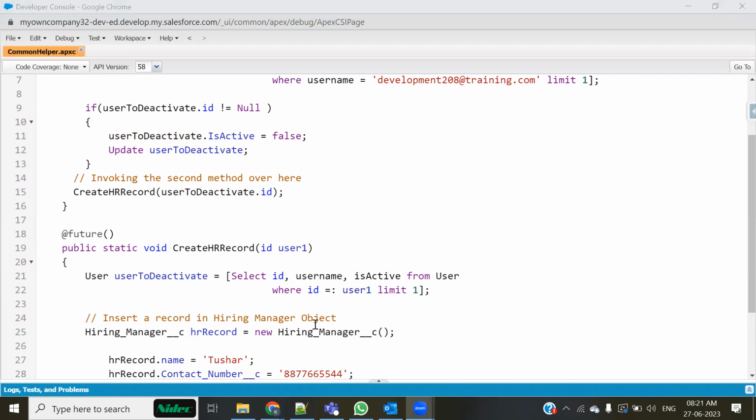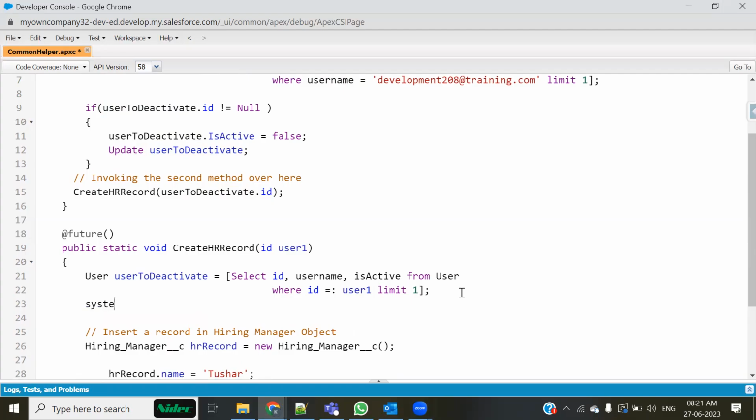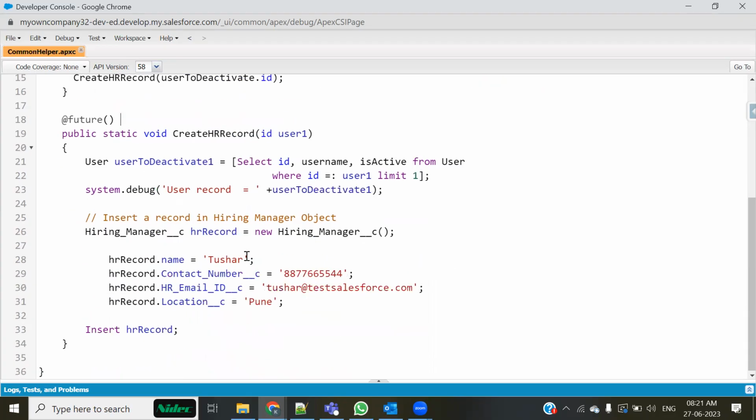All right. Now I can even print that. System.debug, user record equals to plus, let me make this as user deactivate, just to distinguish between above and lower, right? Let's try to save this. Now what is going to happen in this case would be,